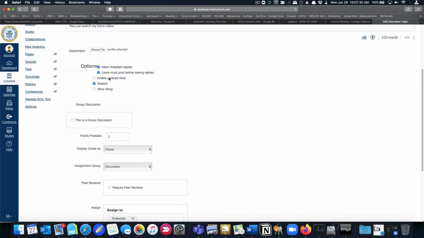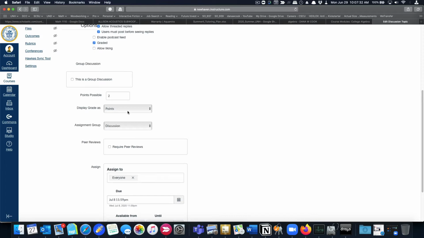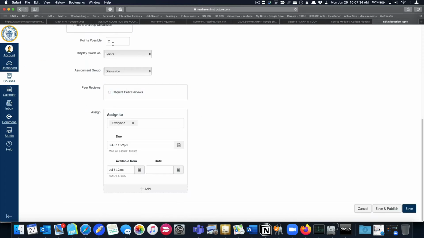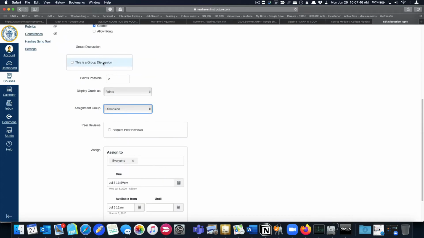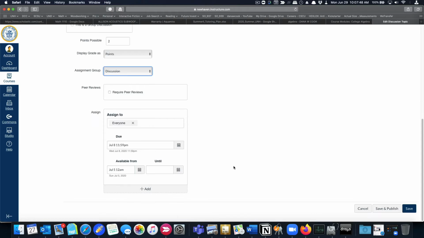I forget the points. I didn't look it up. I was just lazy. So if we do points, this is under the discussion category. But if we're going to use total points, we can just dump everything in assignments, which is perfectly fine with me. Maybe it's the easiest way to go. You want to assign it to everyone. You can choose it to be groups, but then that changes everything, and I don't have groups assigned because I don't even have students in there. Then you have to have a due date. I think you had said something like July 8th. I'm talking fast because I didn't get to other stuff, but I wanted to do this and do a TLDR for you. For the rest, you don't have to watch the whole thing.